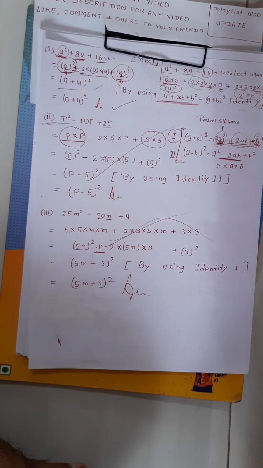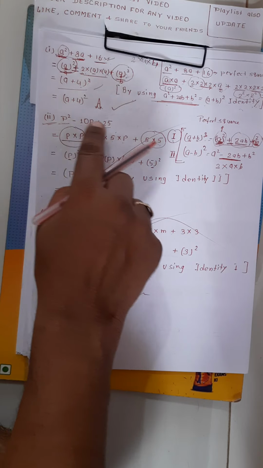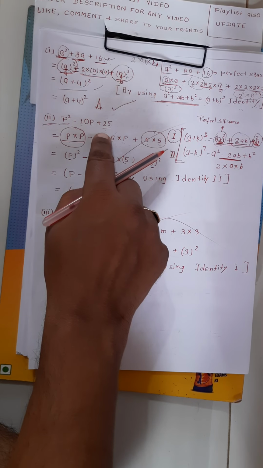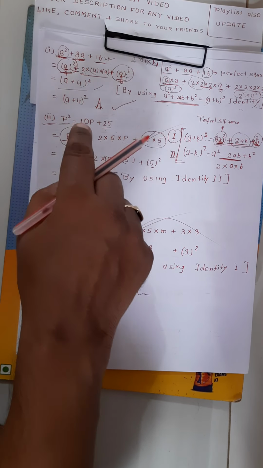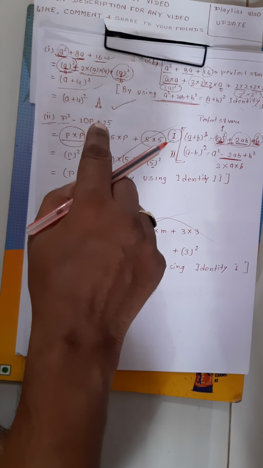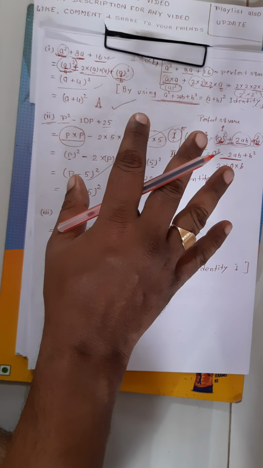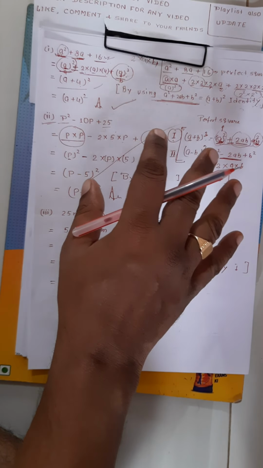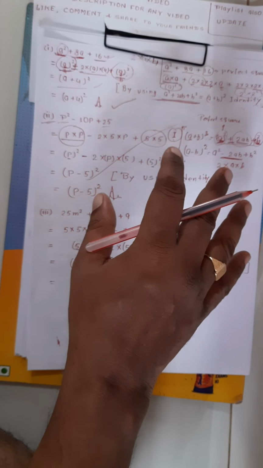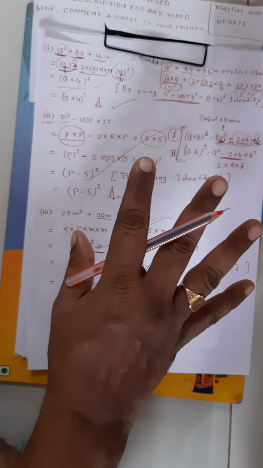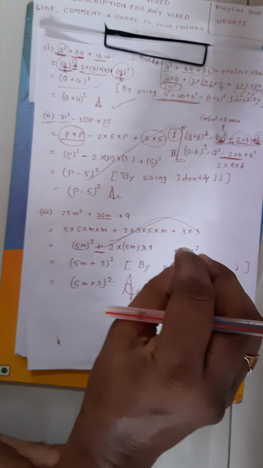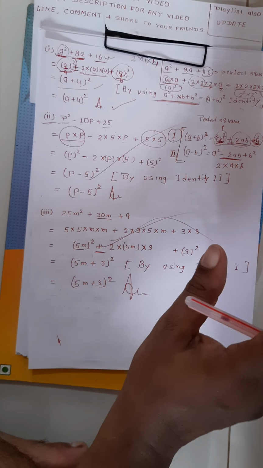Now we come to the identities. First of all we check identity number third. Since it does not have 2 terms, and we can apply identity 3 for 2 terms only, here we cannot apply identity number third. Now we are confirmed that here we can apply identity number first or second, so we will check for identity number first or second.